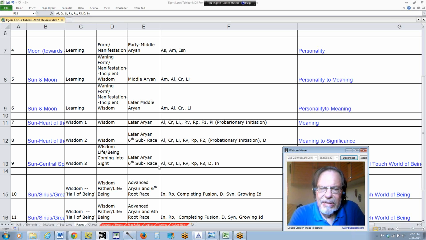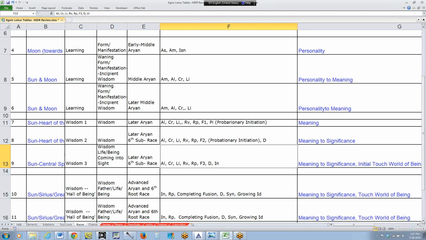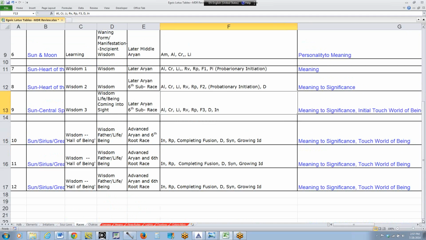There's only one monad. When I talk about extension, I talk about what I call prakritic immersion, or immersion into the consciousness of the increasing depths of matter. By the time we get to 10, 11, and 12, I'm calling this advanced Aryan. We're beyond the 3rd initiation, and we are